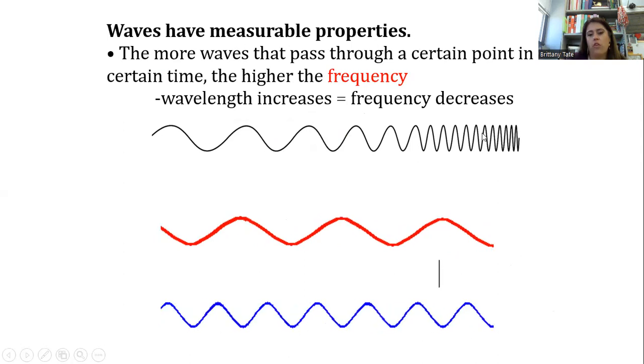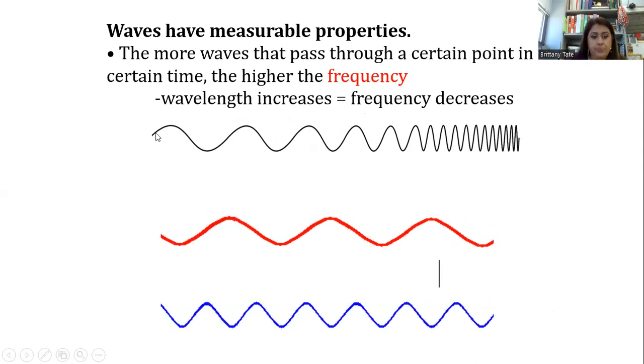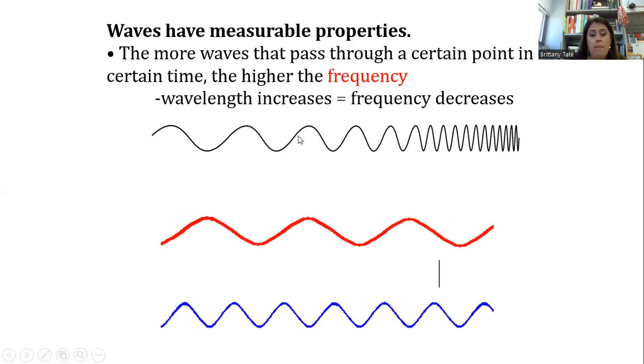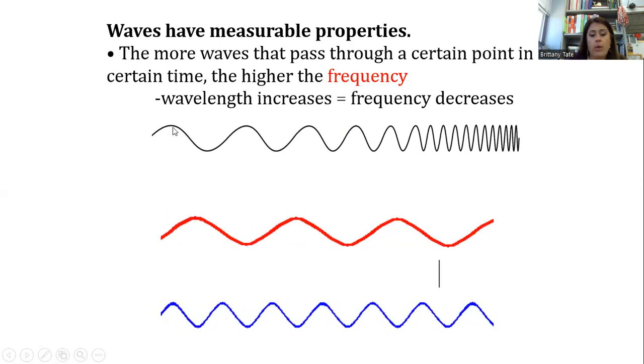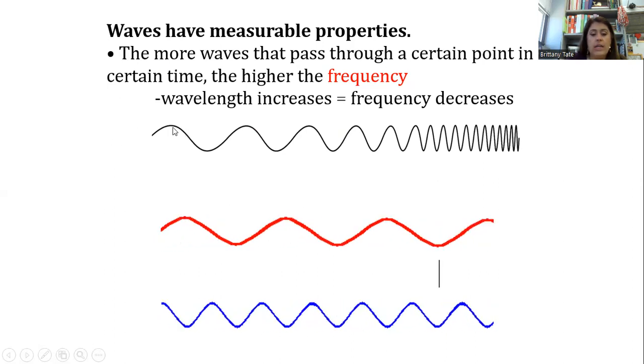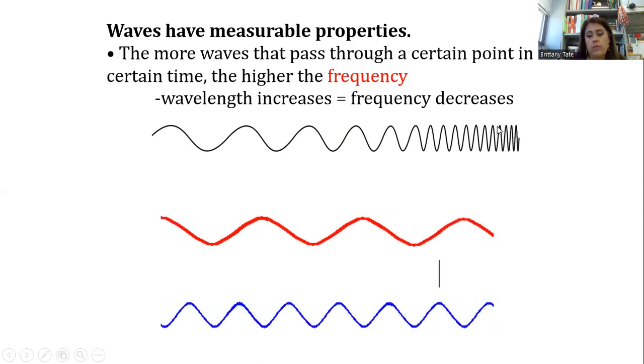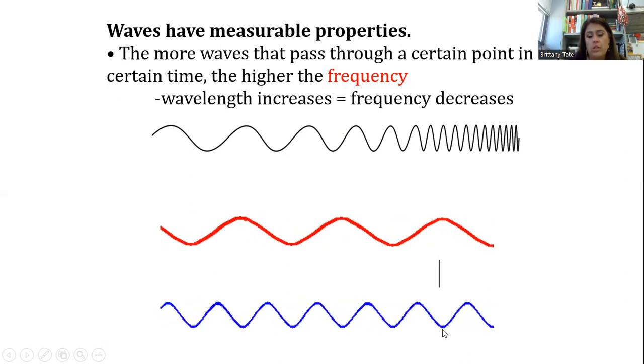So if you look at this very first wave here, you see at the top there are long wavelengths between the crest and crest or trough to trough. But that means the frequency, the amount of waves that pass a specific point, is low. But if I look towards the other side, the frequency is very high because there's a very short wavelength. You can also see it at the bottom.